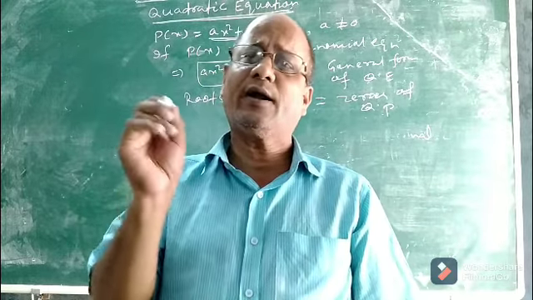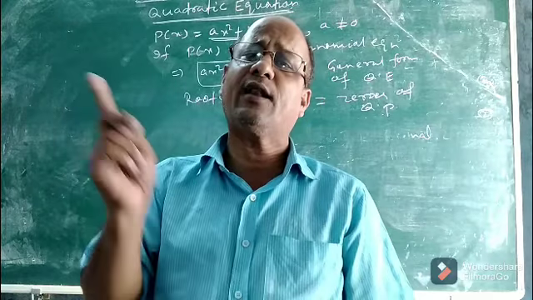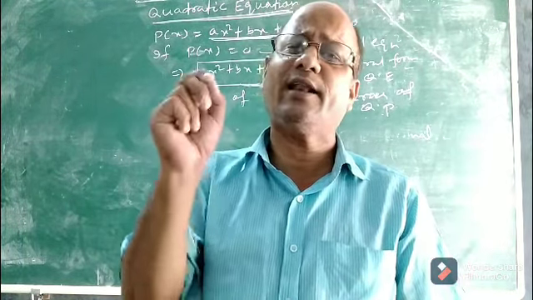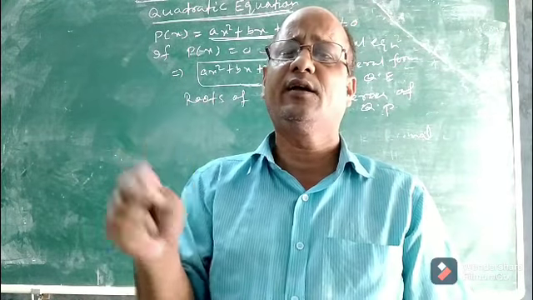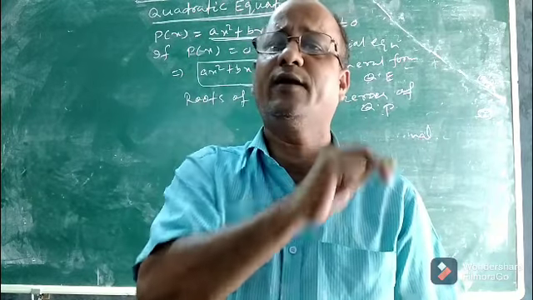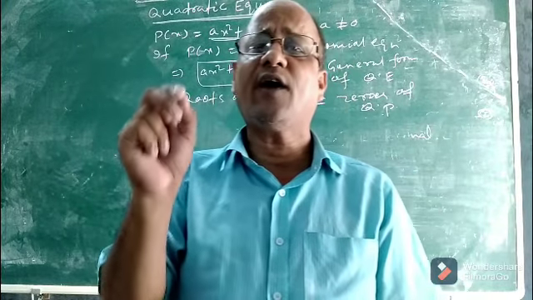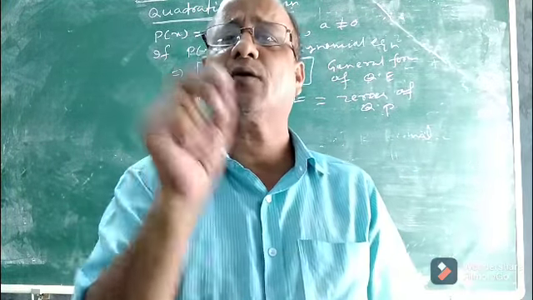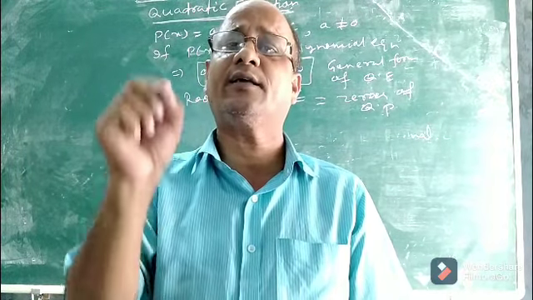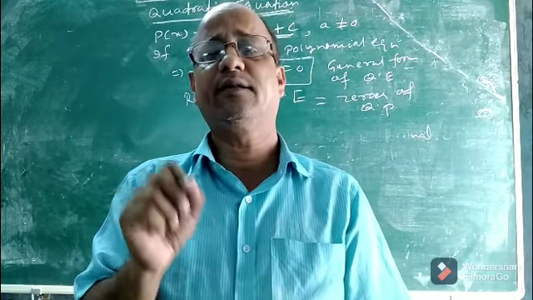If a quadratic polynomial has two zeros, then a quadratic equation will definitely have two roots. Every quadratic equation in any variable, not only in x, will have two solutions or two roots. That means it will be satisfied for two values of the variable present in the equation. Our concern is how a quadratic equation is solved and the value of the unknown is found, that we will discuss in this class.